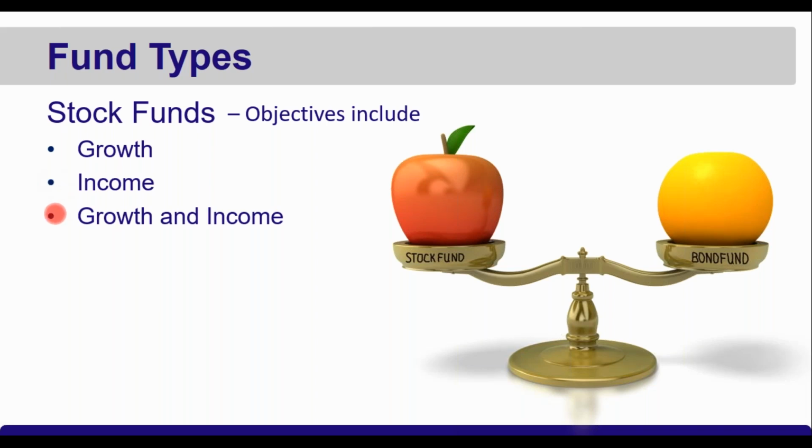The other one here, growth and income. Be careful not to confuse this with a balanced fund. They're not the same thing. This is a growth and income stock fund. Nothing but stock in the portfolio. Some of it is in there purely for the appreciation potential that it offers, and other holdings are there to produce dividend income. No interest income here, so there is no debt in the portfolio. A balanced fund would have both debt and equity in it. So just be careful again not to confuse